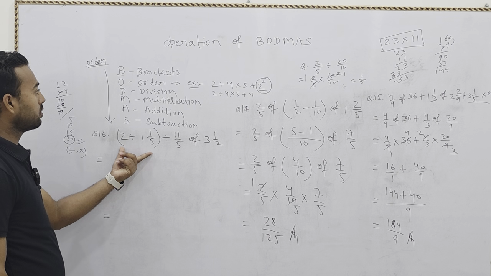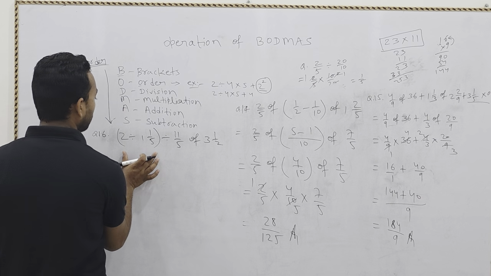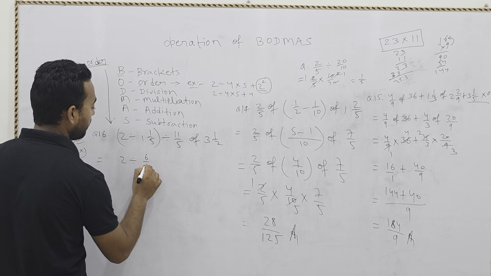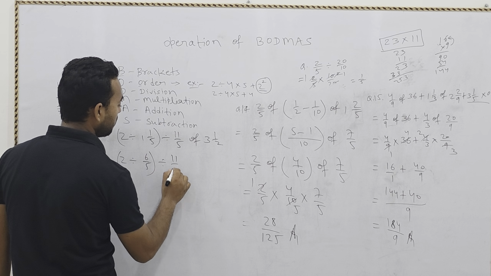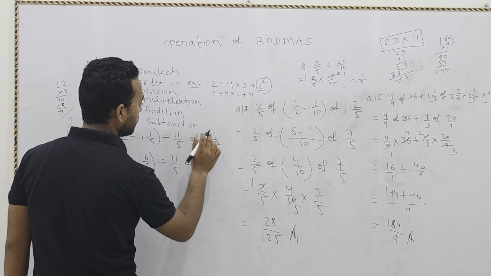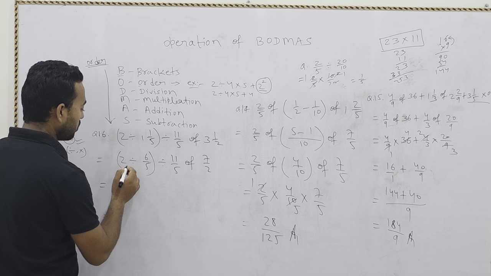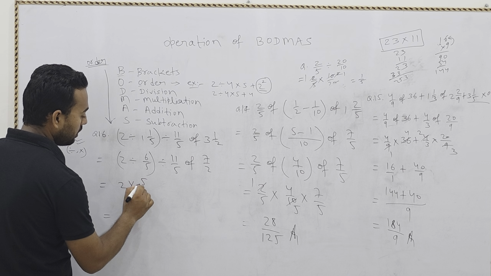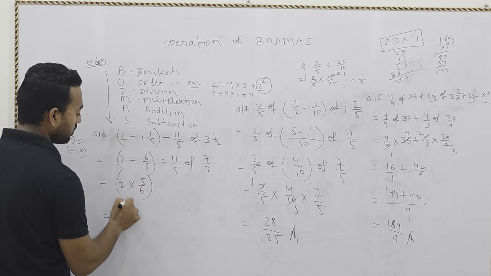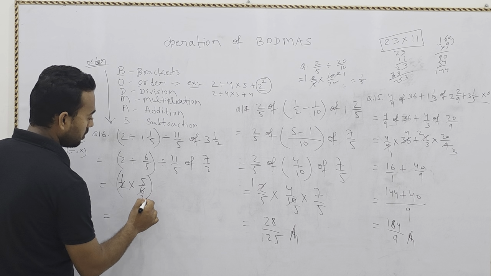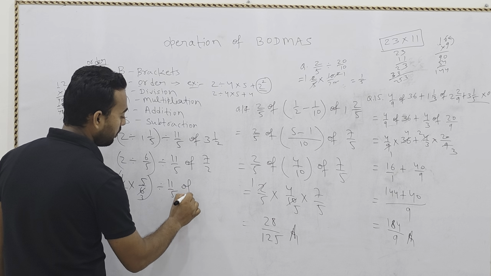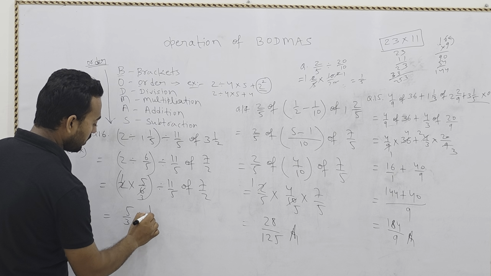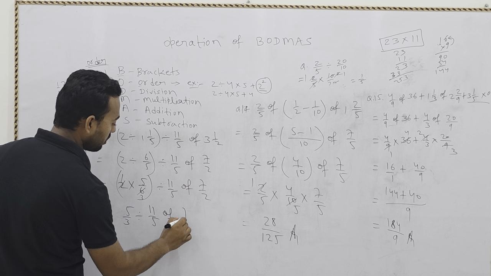Now first we will solve the bracket portion, as according to this order. 2 divided by 5 1 ja 5, 5 plus 1 is 6 by 5, bracket close, divided by 11 of 3 2 ja 6, 6 plus 1 is 7 by 2. So here this divide portion will convert into multiply, then it will be opposite, 5 by 6, 6 by 5, 2 1 ja 2, 3 ja, divide 11 by 5 of 7 by 2. So here we will get 5 by 3 divide 11 by 5 of 7 by 2.